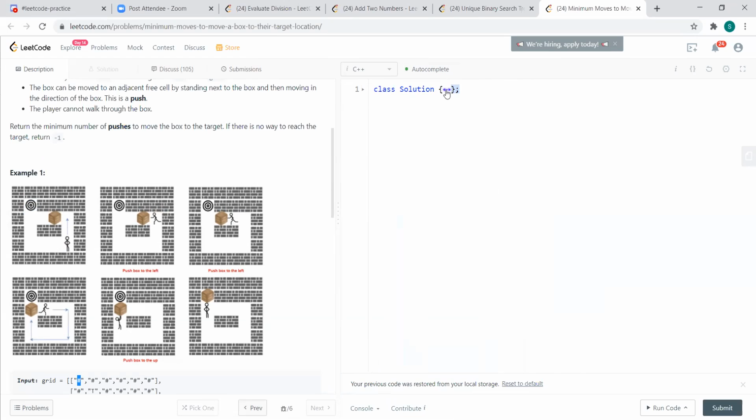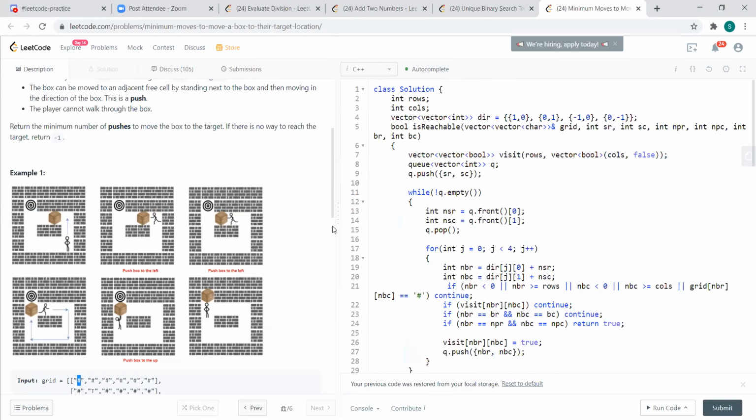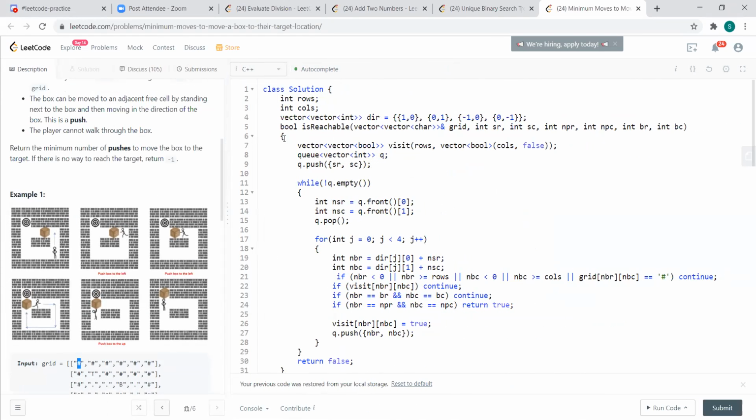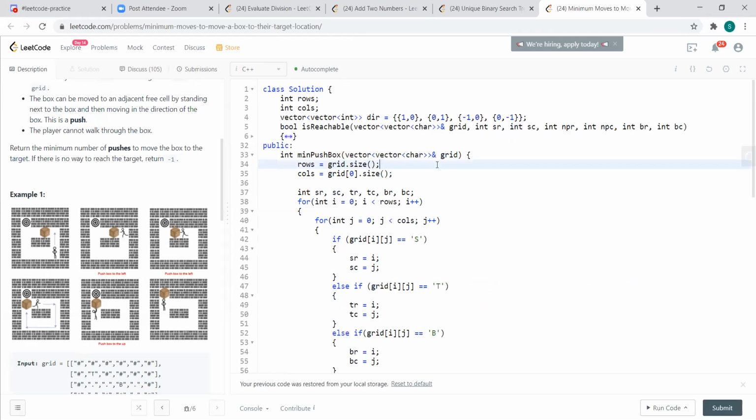So I'll just quickly run through my implementation, and it is almost along the lines of what I was talking about. This is the function signature, minPushBox, and we are given a grid.